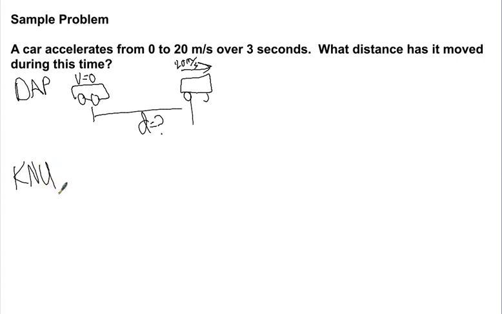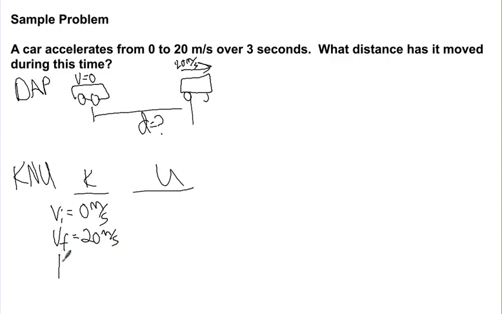Now do my knowns and unknowns. My knowns first and then my unknowns. I know that VI, my initial velocity, is 0 meters per second. I know my final velocity is 20 meters per second. I know my time is 3 seconds. My unknowns: I don't know what distance I've moved, and I don't know what my acceleration is. Now the problem doesn't ask for the acceleration, but I might need to know that, because when I go to my equations,